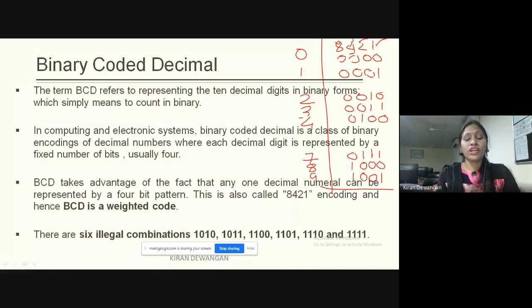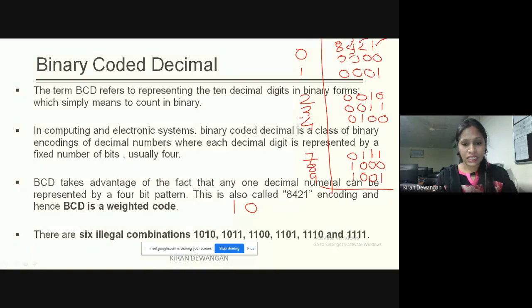Now, what about 10? If I have to write the decimal number 10, how would I write it in BCD? Decimal number 10, no, it is not 1010. Just wait, listen to me first. It is a BCD code.